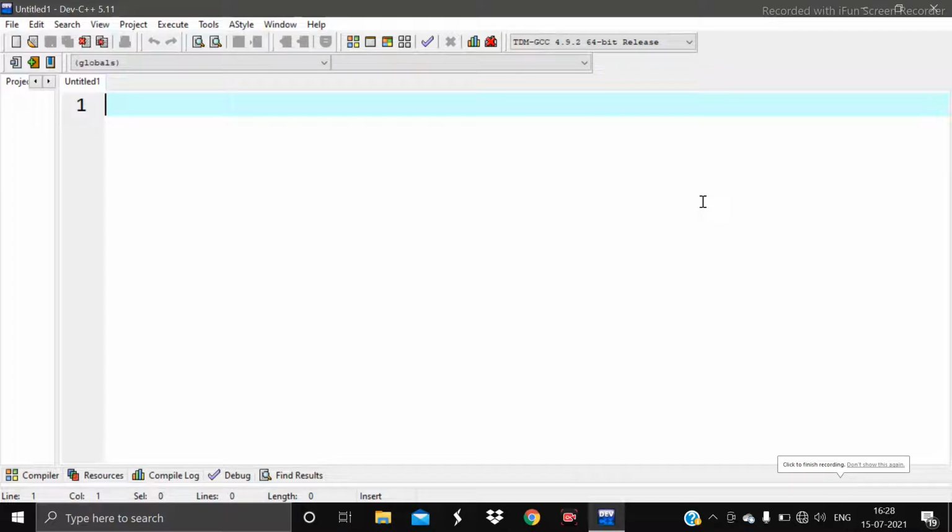So hello everyone. In the previous video, I discussed two questions on arrays. In one question you have to take the values of the elements from the user using an array, and then also print them. In the second question, I discussed how you can find the smallest element in an array and also its position. Similar to that, if you want to find the largest element in the array, the same concept will be applied which is applied for the smallest element.